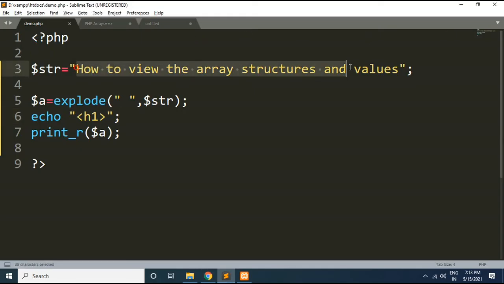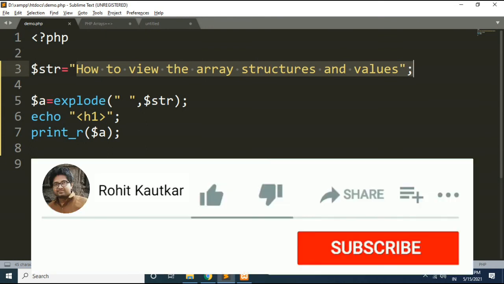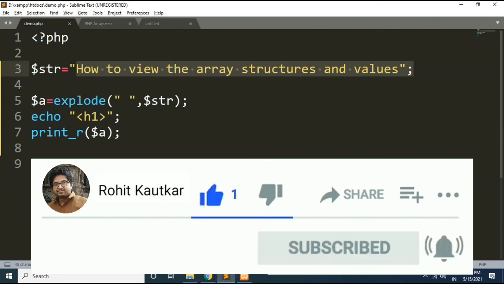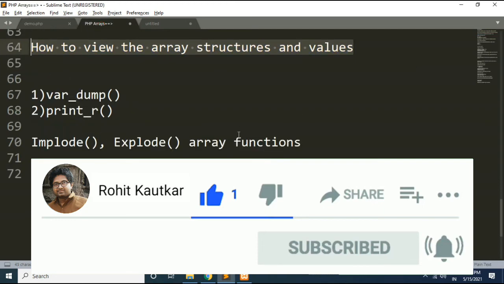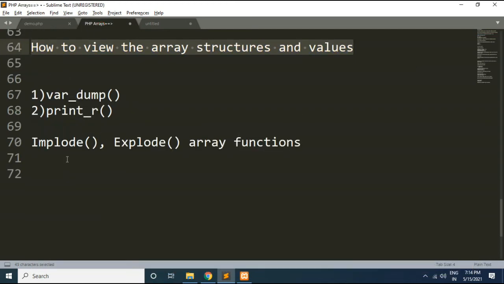So you can turn any string into array elements using the explode function. This is how we can convert a string into an array. So these are certain important concepts from arrays we have discussed with their examples.